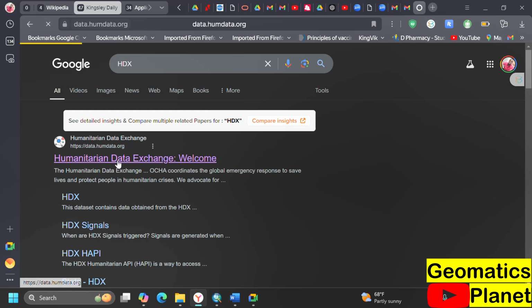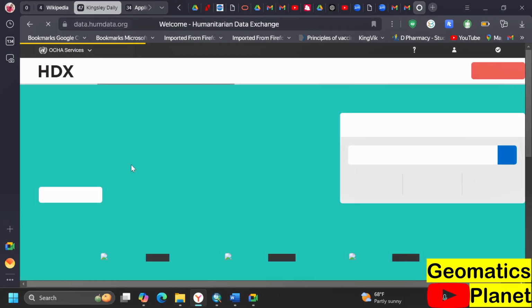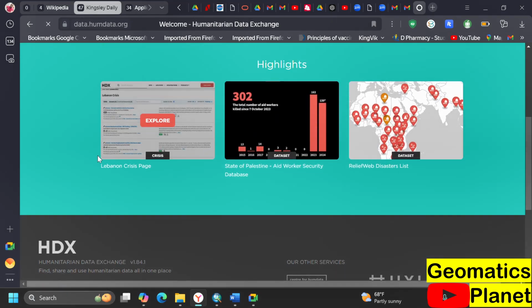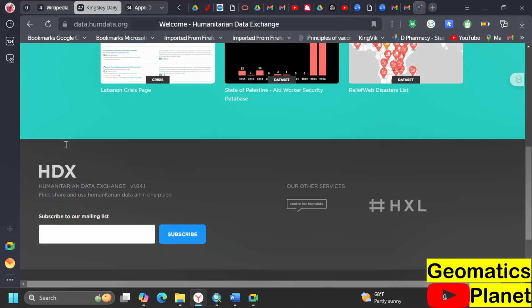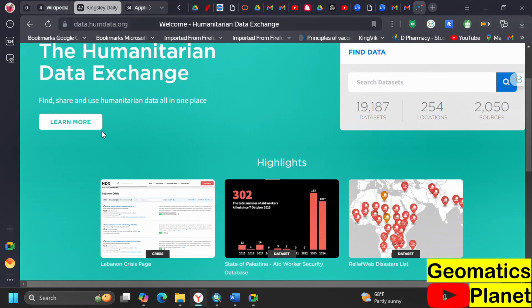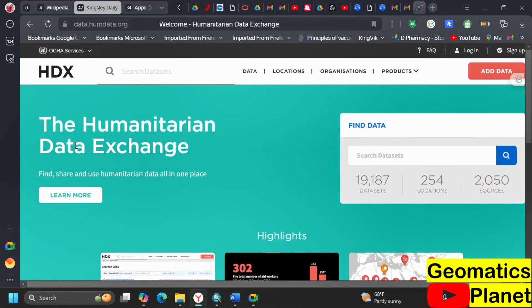Now, the Humanitarian Data Exchange is a German-based website which is connected to different databases, OpenStreetMap, humanitarian data, and the rest of them. So this is where humanitarian data are being exchanged and shared. Currently, we have about 19,000 datasets of 254 locations